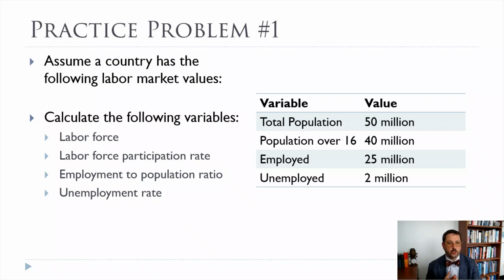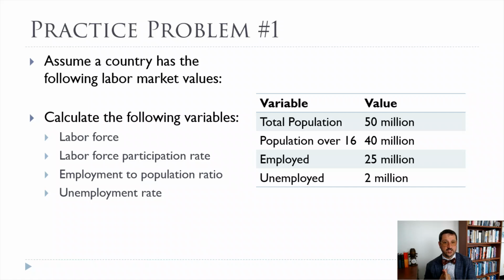So let's start here. We'll take an imaginary country, and we're given the following values. We've got a total population of 50 million. We have a population over 16 of 40 million. So that's what we would call our working age population. We have employed of 25 million, and then our unemployed of 2 million. And we are asked to calculate the following 4